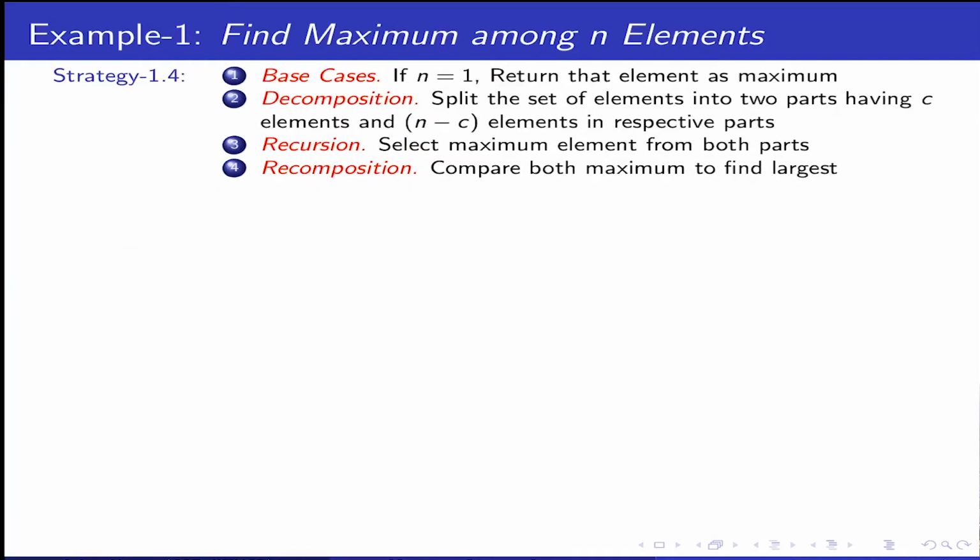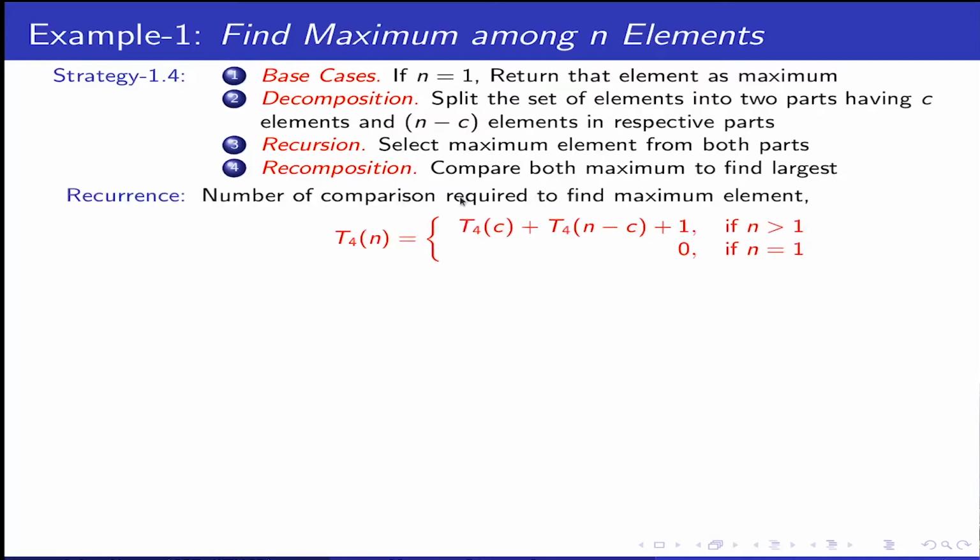Now only one particular part remains, which is an arbitrary partition. We started off with 1 and n minus 1, 2 and n minus 2. Let's say we have an arbitrary length partition, which is c elements on one side and n minus c elements on the other side. And for such an arbitrary partition, our recurrence will be that we have C elements and n minus C elements, and this C is basically a constant.